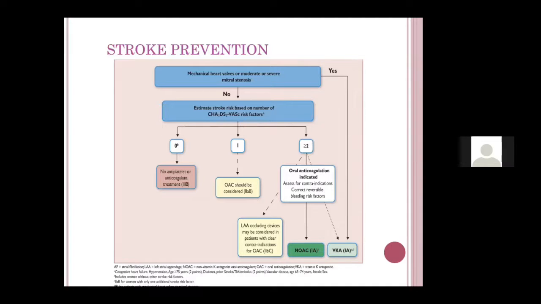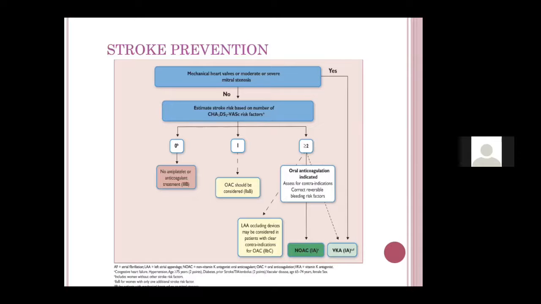You have to give oral anticoagulation, ideally the Novax, like dabigatran, apixaban, rivaroxaban. Otherwise, if there is a financial or other issue, like CKD, many a time in patients with CKD who are on hemodialysis where creatinine clearance is less than 15, we cannot give any of these. So we have to give conventional oral anticoagulation like warfarin. So both Novax and conventional anticoagulants are class 1. However, the Novax have a better role compared to the conventional anticoagulation.